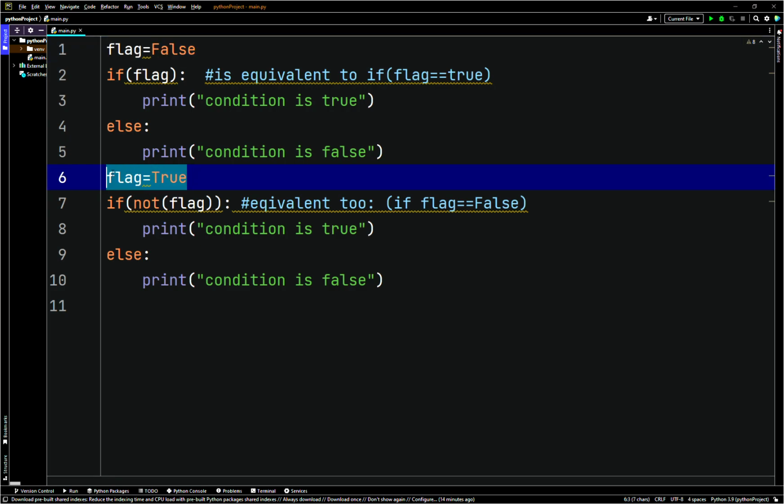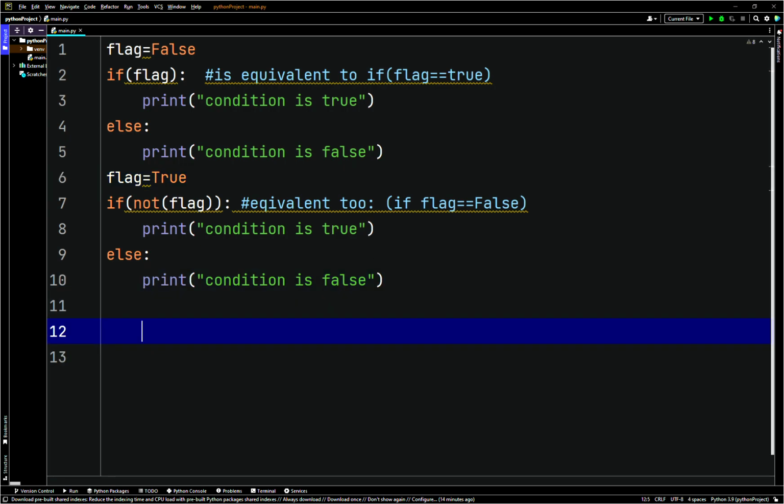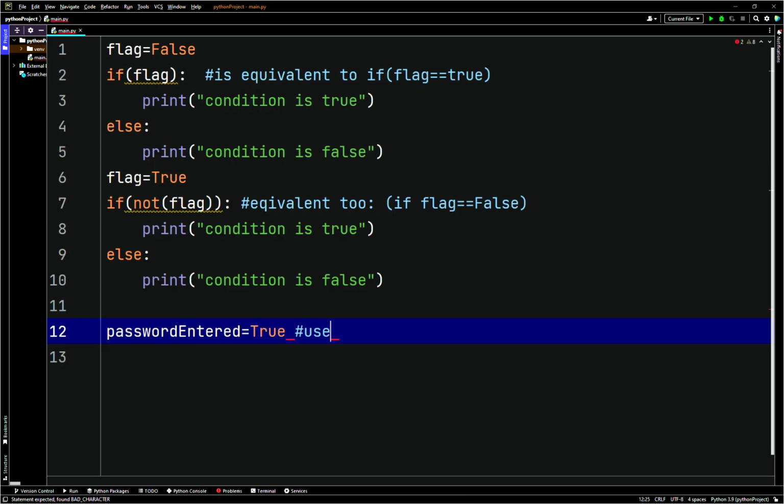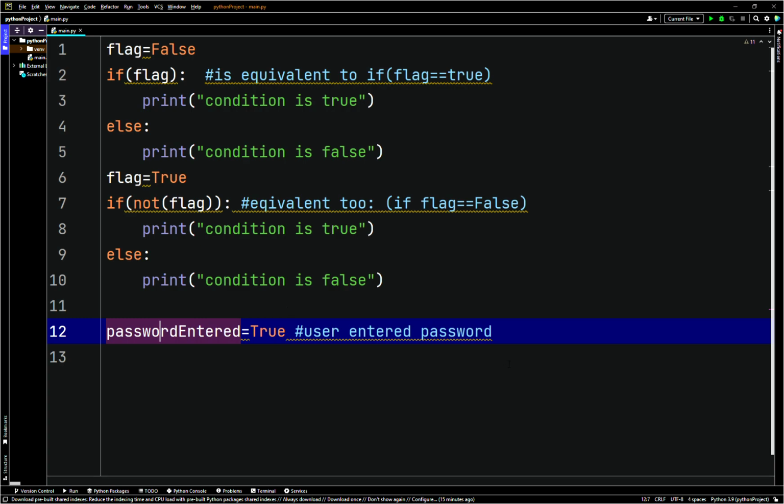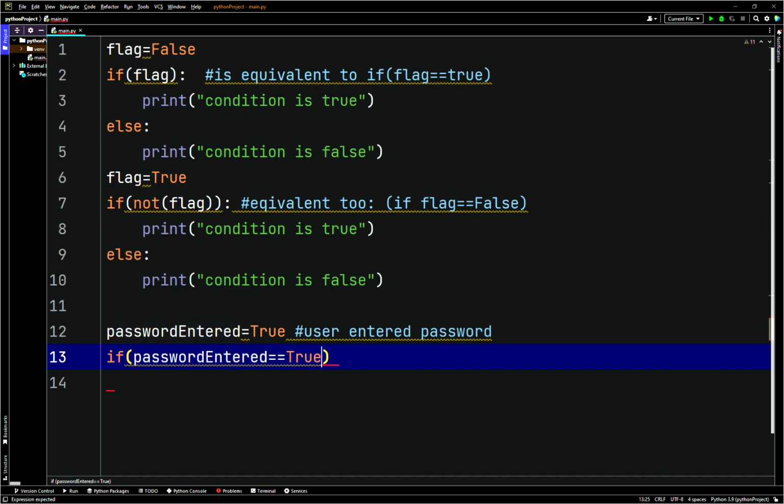And basically for flags, let's say you have an app and the user enters the password, then you can say password entered equals true. You can have a variable like this. Password entered was set to true just because the user entered the password. So you can use these things later on. Then, for example, if password entered is equal to true, or you can say just if password entered,